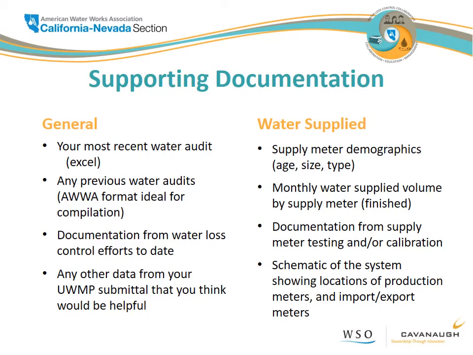Over on the water supplied section, the particular documents and data that we're interested in here is a summary of the supply meters that you have, and in particular this is looking at the meters that measure finished or treated water that you're producing and putting into the system, if you're a production system. So you may have raw water meters that are measuring extraction from the source, and that's fine, but the supply meter demographics, and when we say supply meter, in particular we're interested in those meters that measure treated water